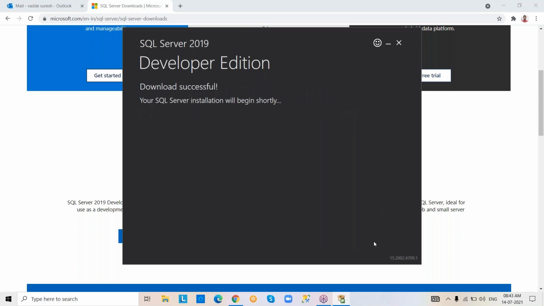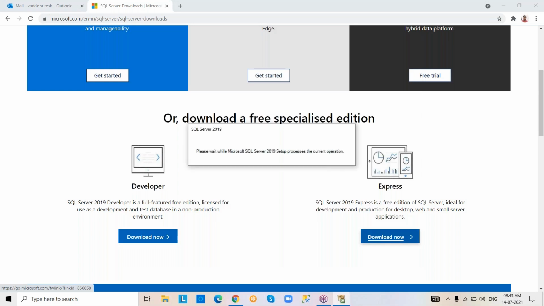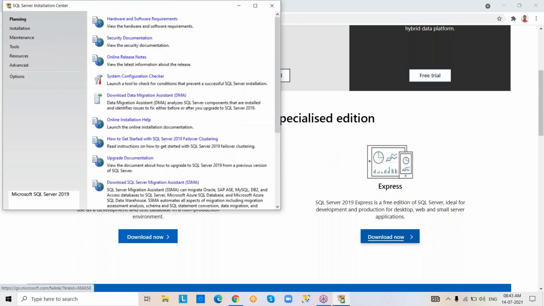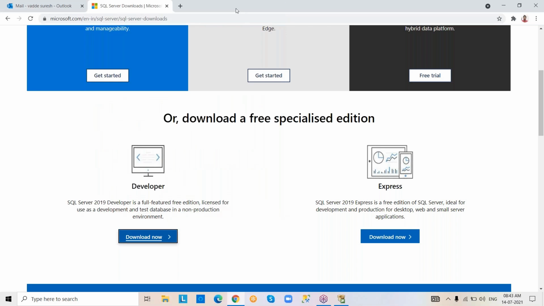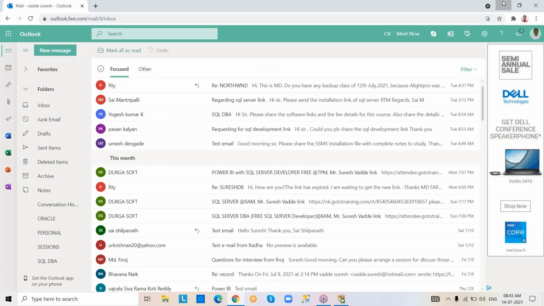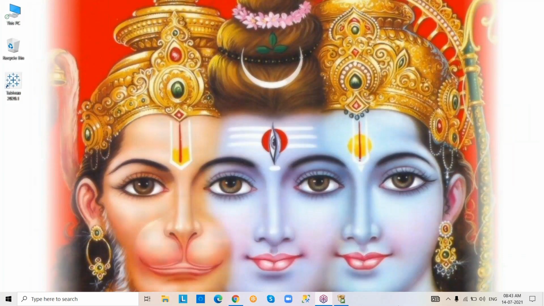If you click on the Install button, then it will be downloaded. After install, it takes some time to download. After clicking the Install button, it is actually going to download. After finishing the download, you'll get this window. Just minimize that window. Tomorrow's class.